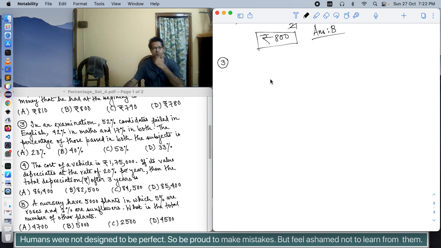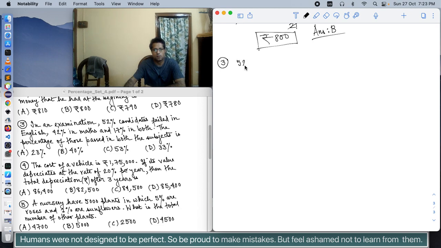Now, 17% failed in both, that is, 17% of the candidates failed in both English and maths. But the 52% candidates who failed in English also includes the candidates who have failed in both, and the 42% who failed in maths also includes the candidates who failed in both. So we can say that